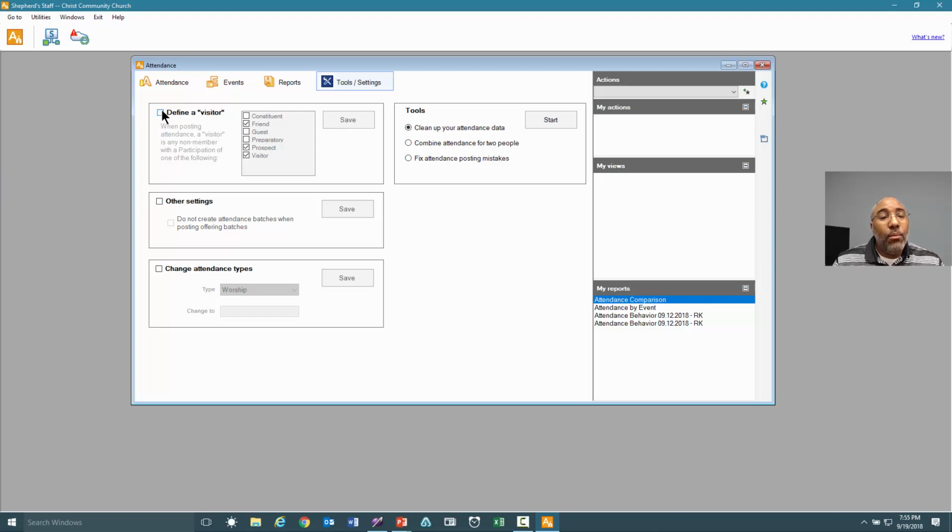The way that this window works is by checking the box, you open up the option. You can then select the option and click save. And the save is like a confirm option, basically. Okay, so below define a visitor is going to be other settings. The other settings option allows you to designate whether or not you want to create attendance batches when posting offering